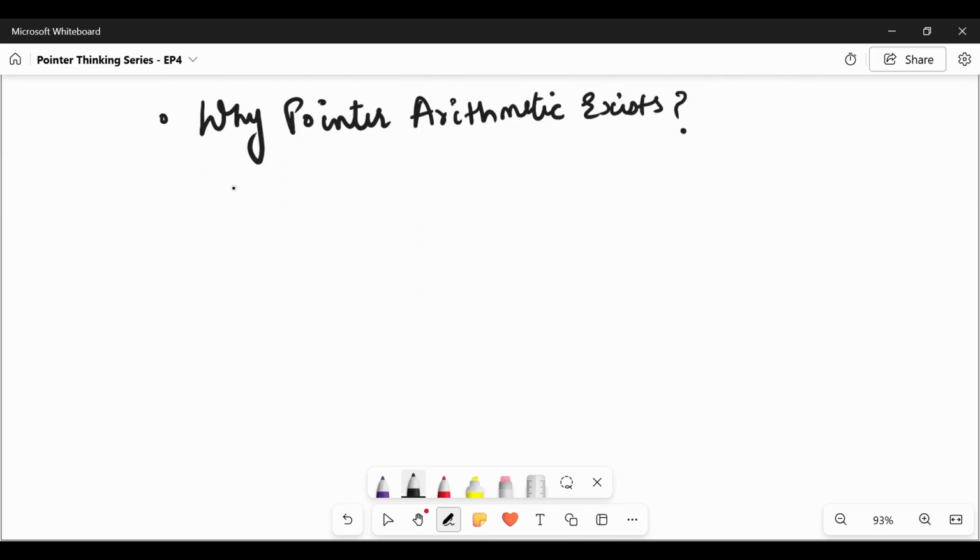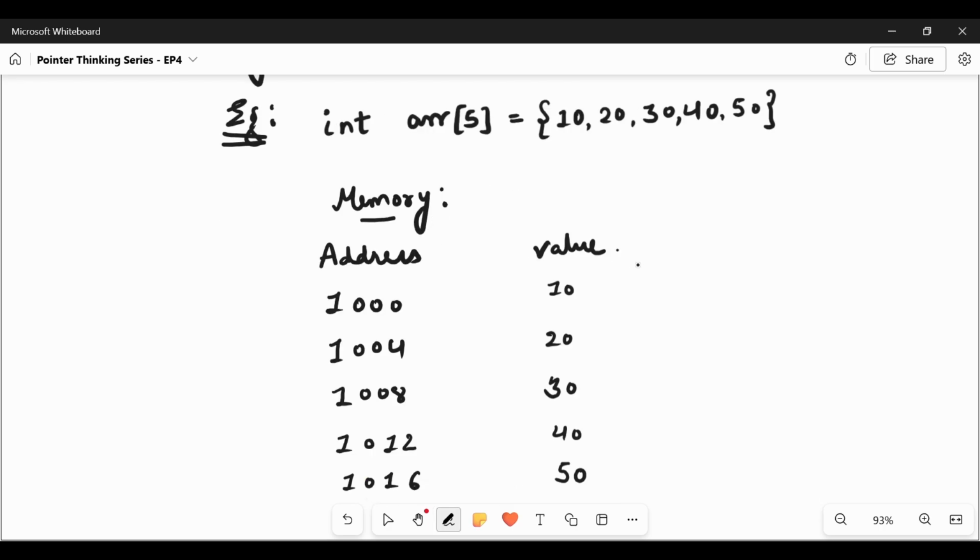Let us take an example, and this example will remain. We have an integer array of 5 elements having these values. This will be the memory representation of our array. At 1000, we have value 10, and the next object, as it is of integer type, will be at an address differing by 4 bytes.